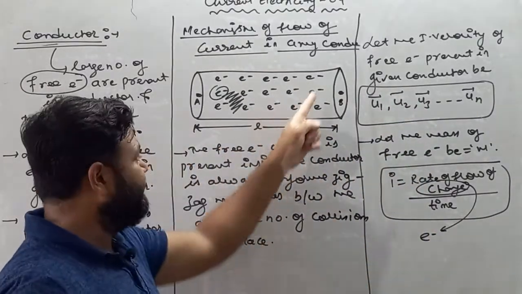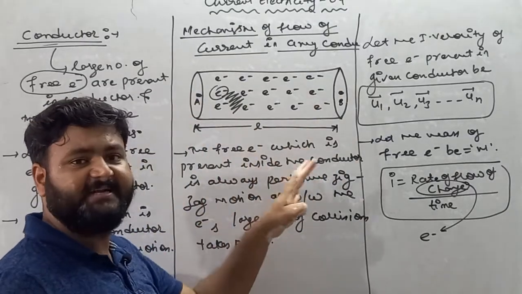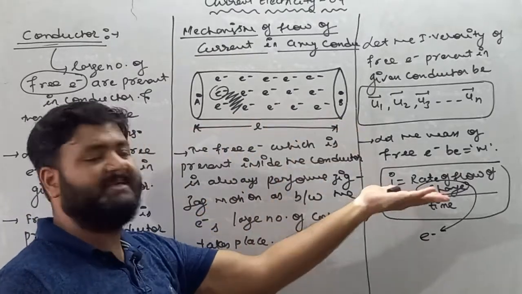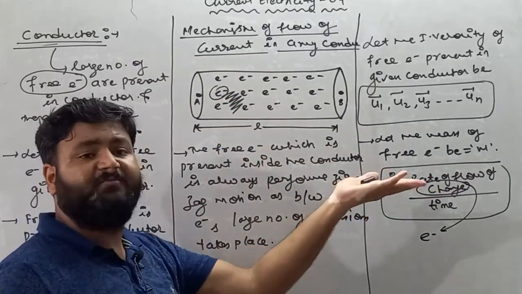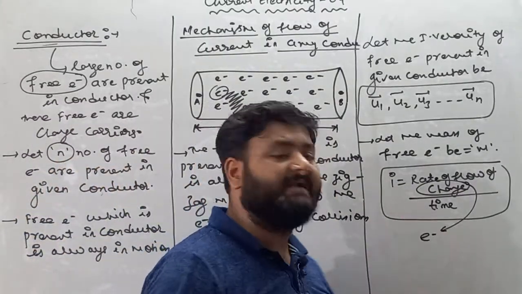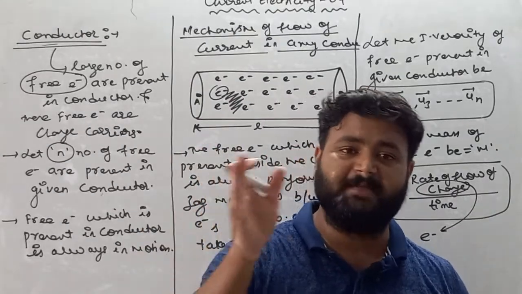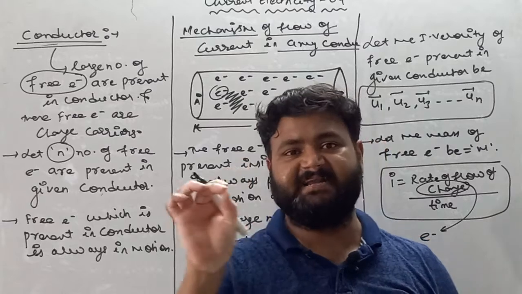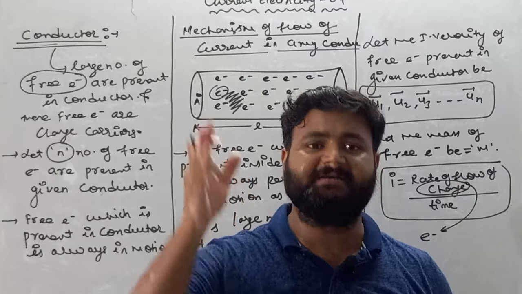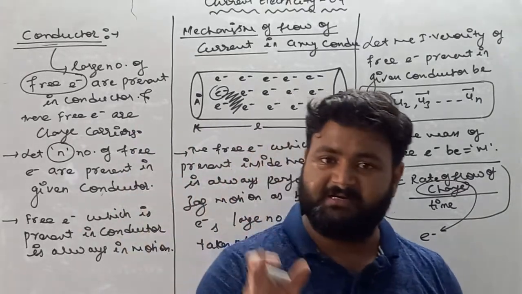Here also, in this piece of conductor which is not connected with any external circuit, my dear student, this is a piece of wire. Let's suppose this is a piece of copper wire. It is placed like this. And in this piece of wire, lots of free electrons are performing motion. And we know that the definition of current is the flow of electrons with respect to time. This is 100% the right definition.